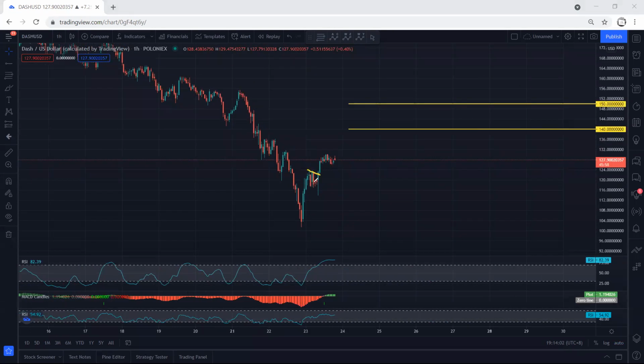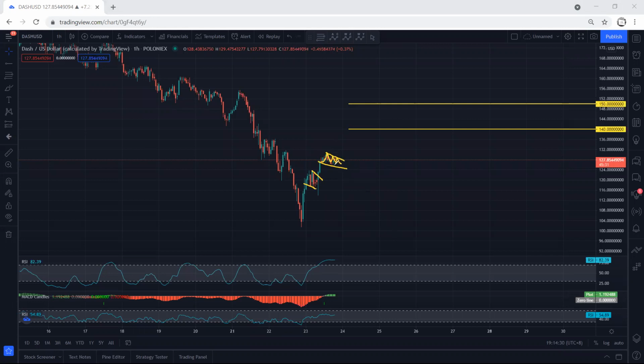Whoever got the trade from this correction should move their stop loss to break even, because in case the price reverses, we mentioned any trade we consider as short term, and if it's not moving in our direction, we are not going to keep the trade. At least move our stop loss to break even if we want to keep the trade. And right now, whoever got the trade should move their stop loss to break even. And still, we can look for this one. If we get any trade setup for buy, we will take it.